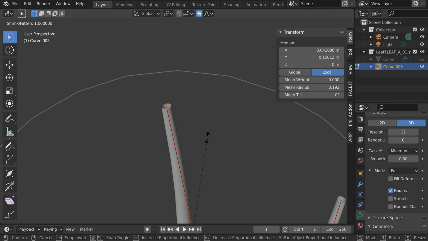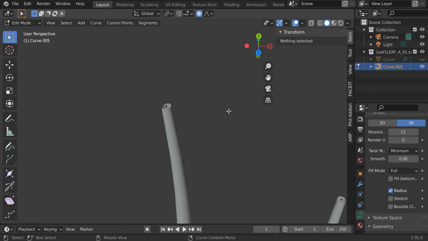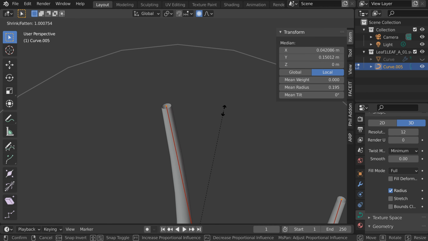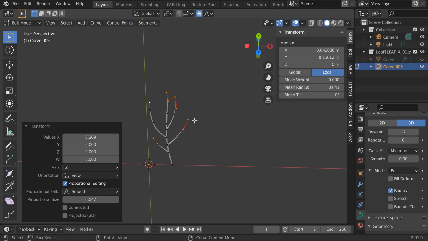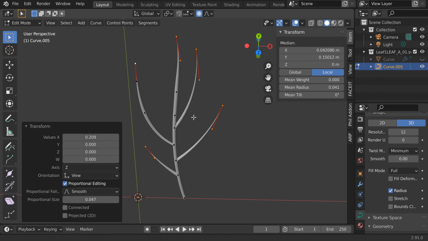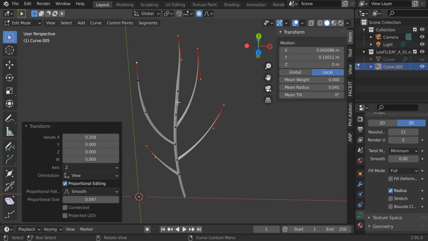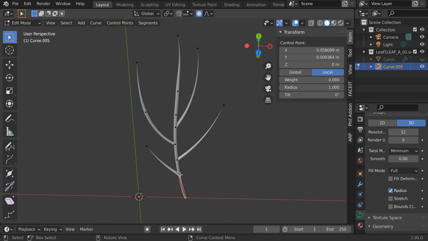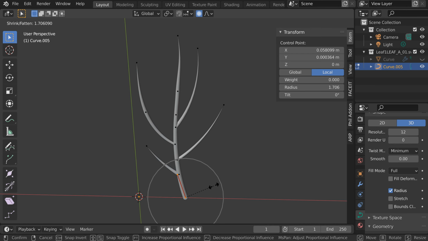I continue to Alt S, and then I can reduce, just keep a little gap. Okay, so as you can see, now I have a nice way of editing the curve that will change along. I change the tip here, and then I will also want to make this a little thicker. So same technique, Alt S, and I will